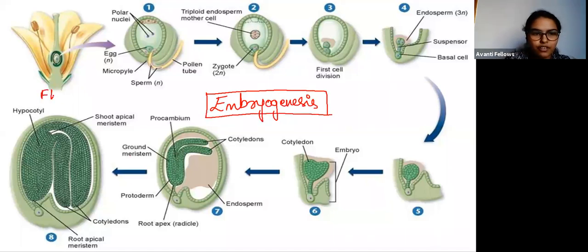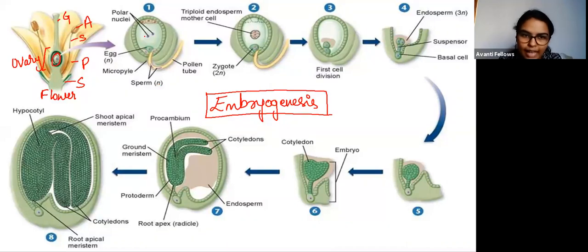This is our beautiful flower, which has the male and female gametophyte. This is sepal. This is petal. This is anther. That means stamen. This is gynoecium. Within gynoecium, there is an ovary. And inside ovary, they are showing one ovule. So this is the highlighted ovule. This is an unfertilized ovule. It is not fertilized yet.